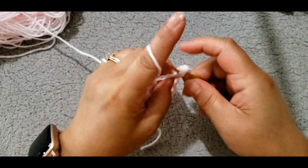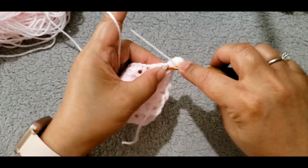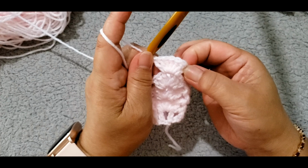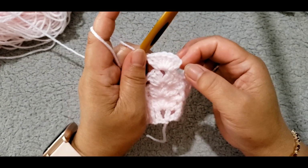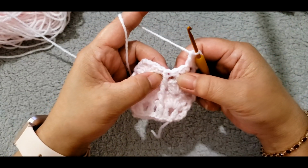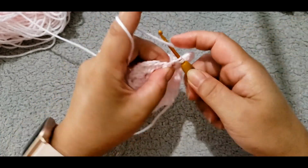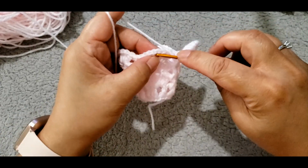2, 3, 4, 5, 6. Okay, now we have 7 double crochet including the first chain 3, and now make 1 front post double crochet into the next front post, front post double crochet, and then make 7 double crochet into the next chain 2 space,